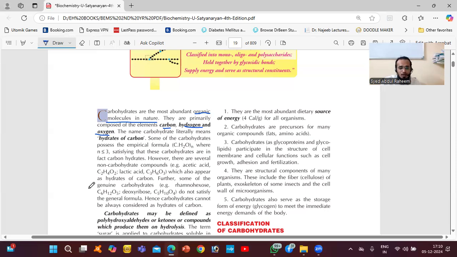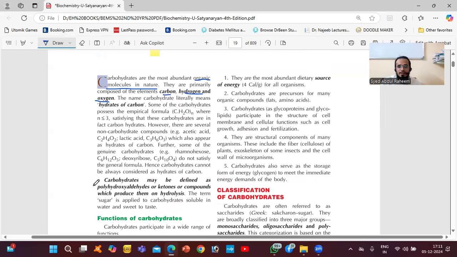But we have other non-carbohydrate compounds also, which are not hydrated. But some are hydrated. Like we have non-hydrated ones such as lactic acid. In this, hydrogen is a very active component. Whenever hydrogen is an active component, you will be able to get the form in acidic or base. When carbon is hydrated, those things are carbohydrates. So that's the reason we call them carbohydrates.